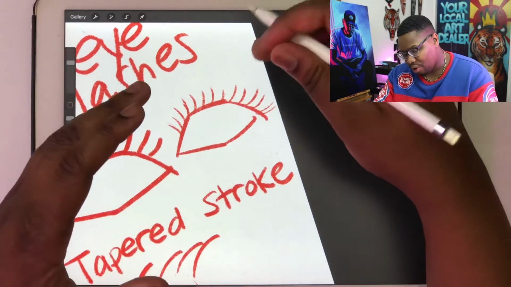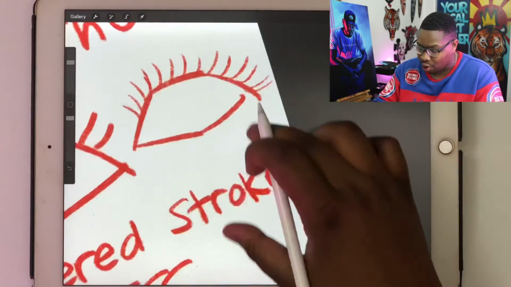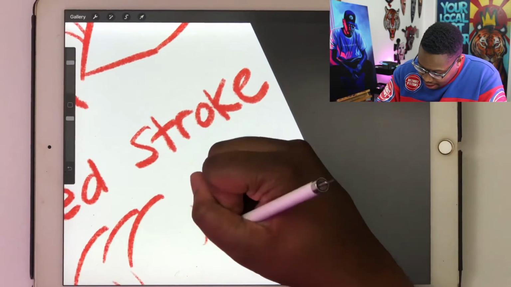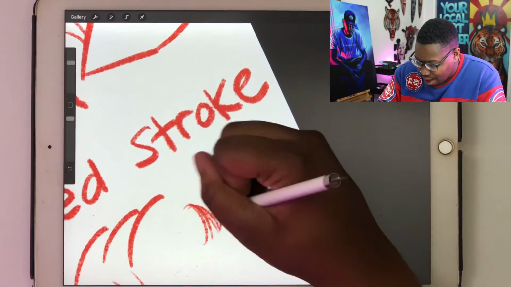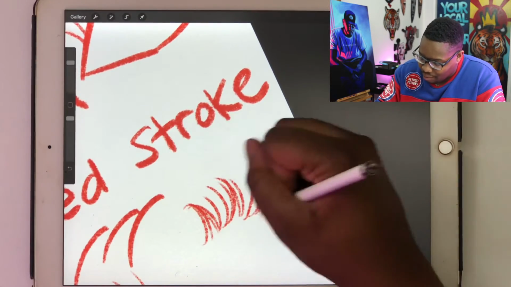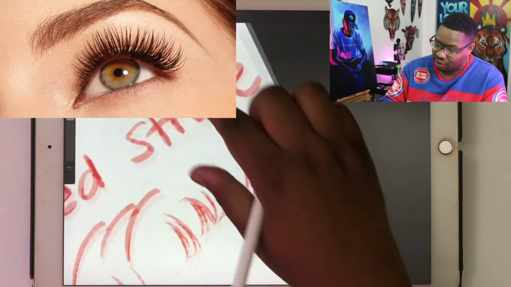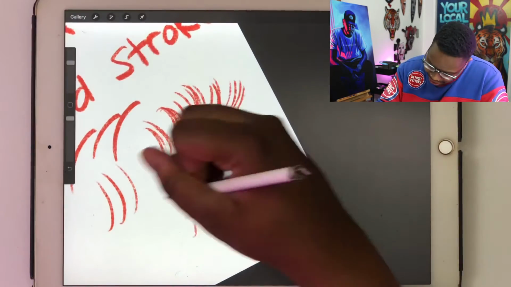So that's it, but when you get to here, you're not done yet, okay? Because to make something look more realistic, you can have things clumped together. You can have kind of the randomness of real eyelashes, okay? Because most eyelashes aren't that perfect. So if you just practice this movement on a separate piece of paper, just keep flicking your wrist